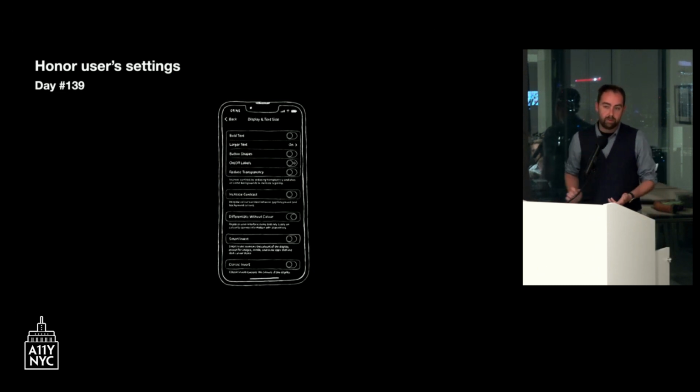And as developers, we have access to those settings. And ideally, a user wouldn't need to enable any of those settings for the app to be accessible. So ideally, the color contrast is good enough, so a user doesn't need to go to that setting. But you can offer an even better contrast for some users, right?